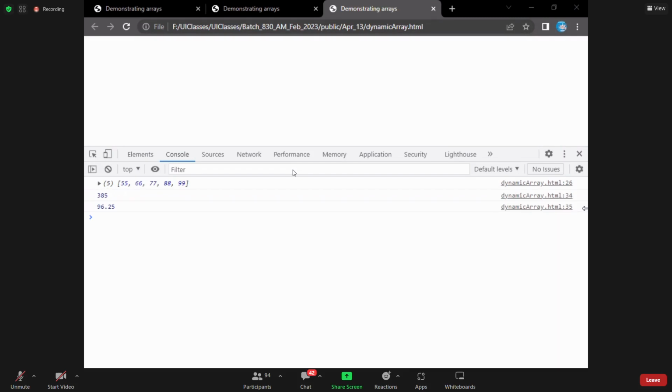Write a program to find the sum of all the prime numbers within an array. Sum of all the prime numbers within an array. Next one. Write a program